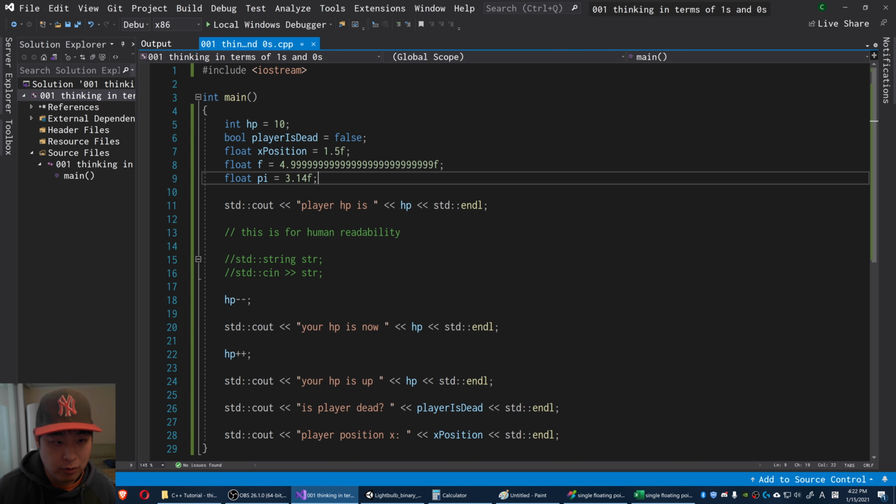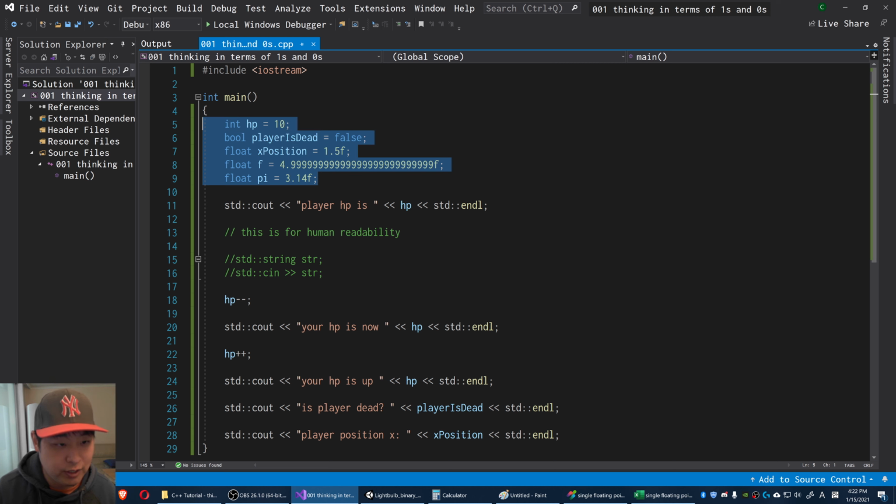So coming back to the code, when you declare floats and integers like this, you're saying that you're going to use a certain amount of ones and zeros to express a certain value. It's what we call data types. Different data types require different amounts of ones and zeros, as well as a different way of interpreting those ones and zeros. A bool, for example, only requires 1 byte because all we're expressing is true or false. But later you're going to see many different types of data types, and by defining how those data types interact with each other, we're going to define how our games are going to work.